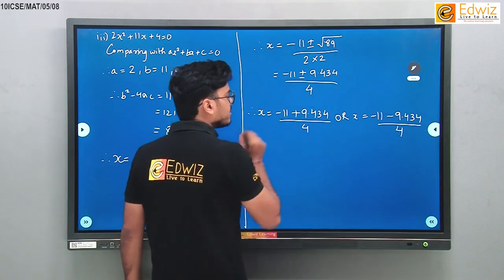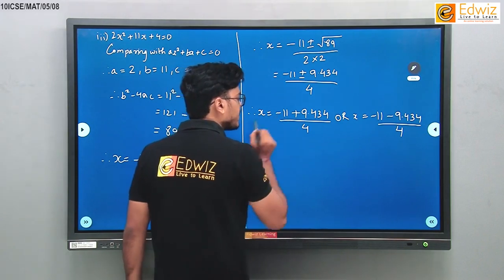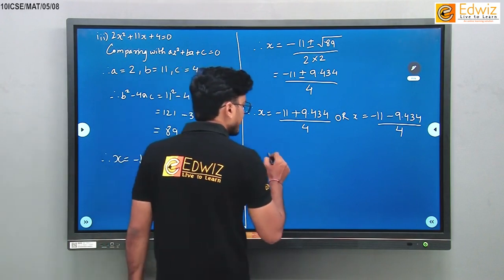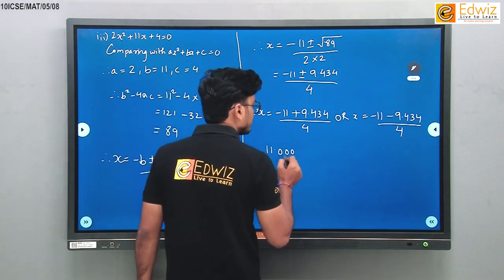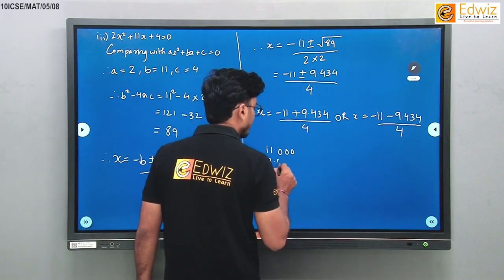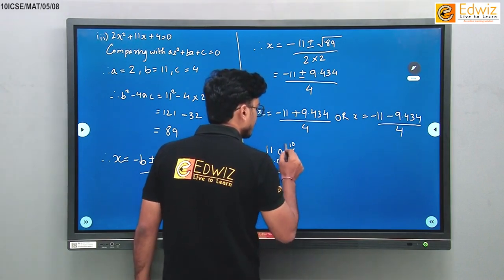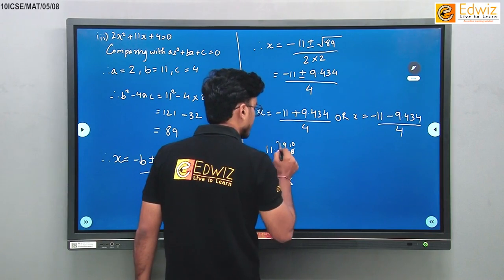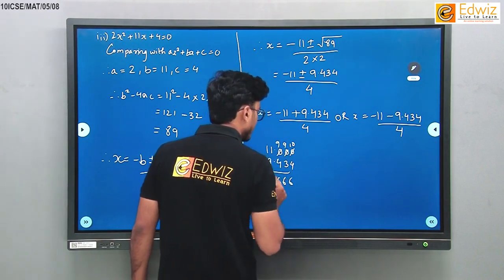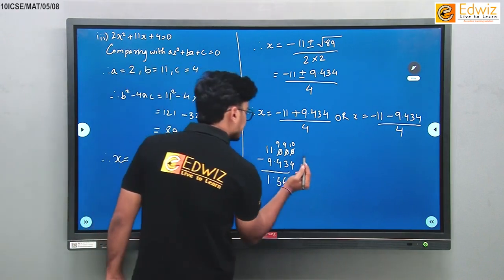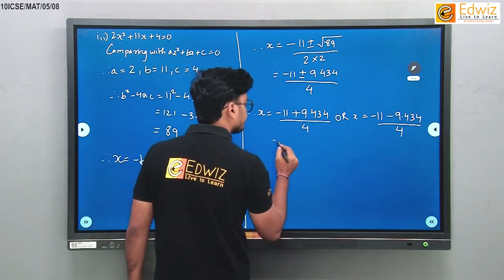Here one number is negative, one number is positive. We will have to subtract and give the bigger number's sign. Subtraction, what will it be? 11.000 minus 9.434. So this is 10 minus 6 is 4, 9 minus 3 is 6, 9 minus 4 is 5, and 10 minus 9 is 1. So minus 1.566 is the numerator